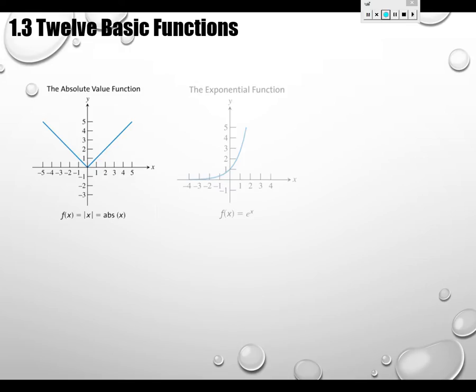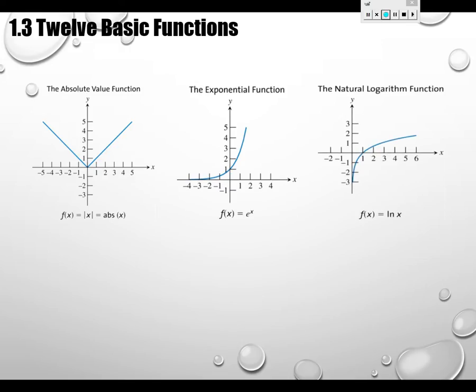Absolute value function, you know and love. Exponential function and the log function, I think you know lots about. We're declaring e to the x and ln x to be kind of the basic functions. Certainly every other exponential function can be written in terms of e to the x, right? I don't know if you remember how to do that, but